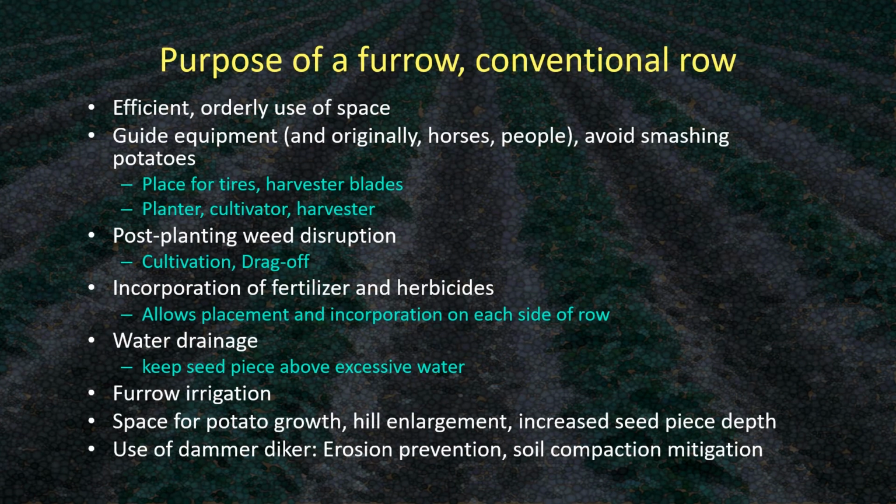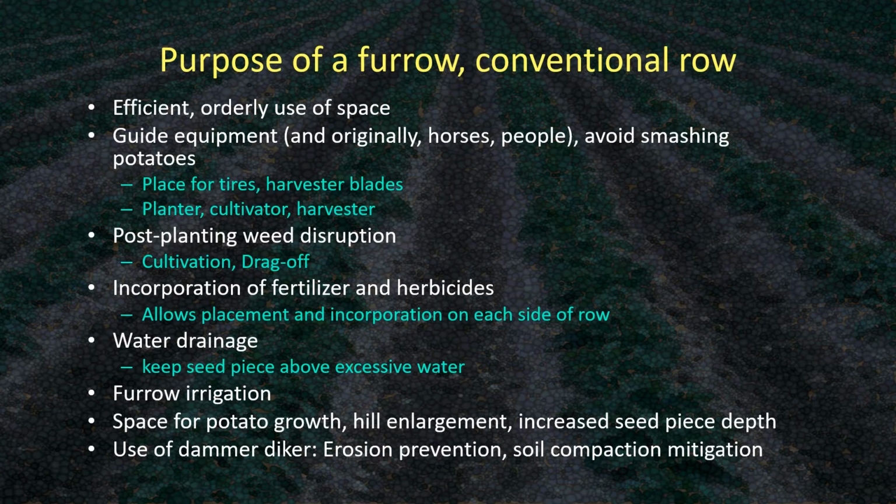Traditionally, there are actually quite a few reasons why we plant in a row. Efficient use of space, guiding equipment to avoid smashing potatoes, a place for your tires and harvester blades, a place for the planter, cultivator, and harvester to run, post-planting weed disruption if you use a cultivator or if you drag off, your tires need to go somewhere. Incorporating fertilizers and herbicides allows placement and incorporation on the sides of the rows. Water drainage, perhaps, keeping the seed piece above excess water. Furrow irrigation, a lot of this has died out in the Columbia Basin. Most are now on pivots. A space for potato growth, hill enlargement, and increased seed piece depth through cultivation. And use of a dam or diker like they use extensively in the Columbia Basin for erosion prevention and to mitigate soil